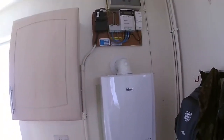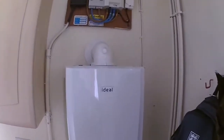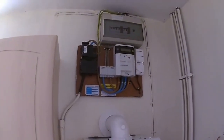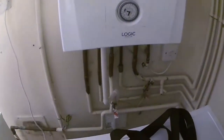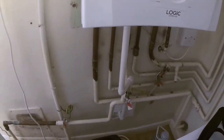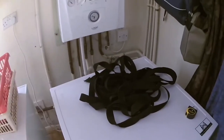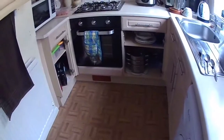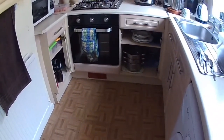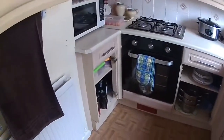Hi YouTubers, today I've started doing some work on the bungalow we're in, and I'm going to try and box the electric cables in. It's also had a new boiler, so the plumbing down here is a mess. I've got to try and do something with this, make a work surface, and the kitchen is a bit untidy at the moment. I'm hitting a few problems with the cupboards, and it's to do with the doors and the trim,